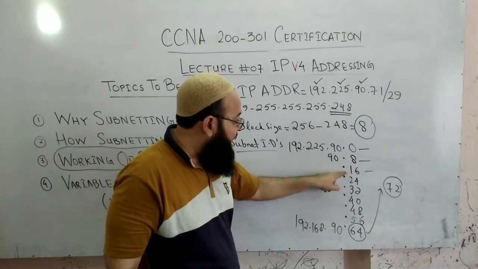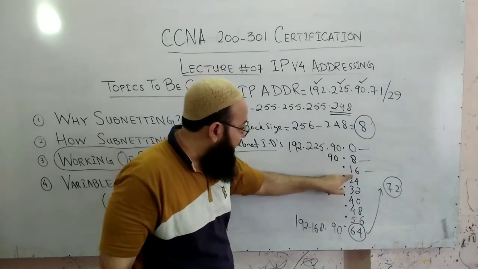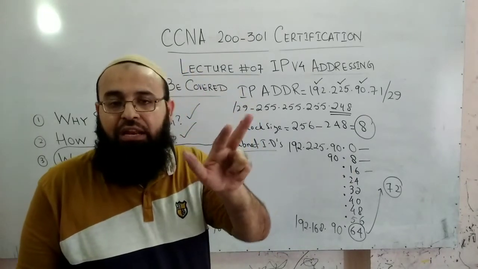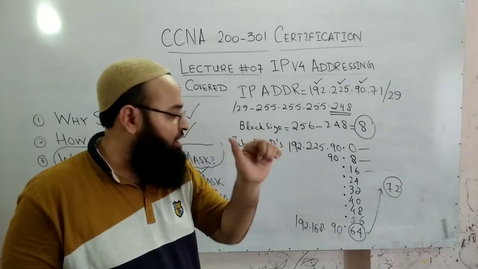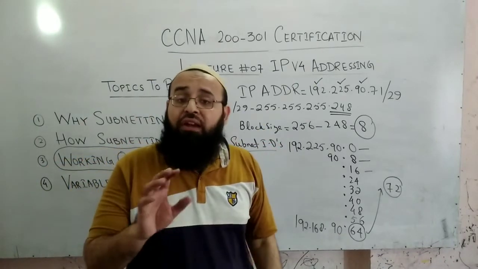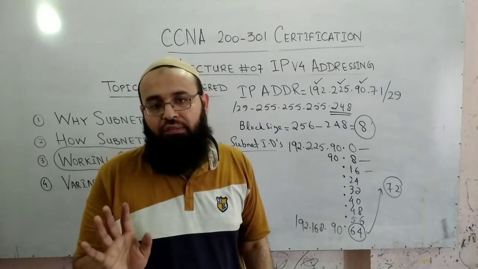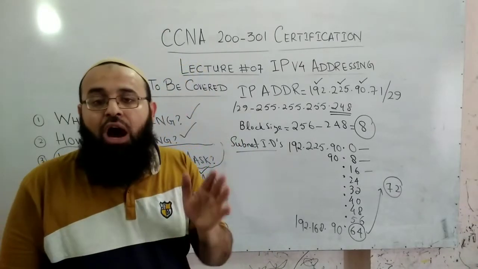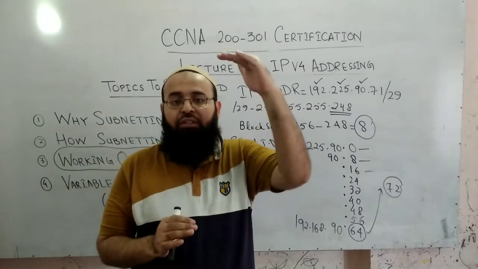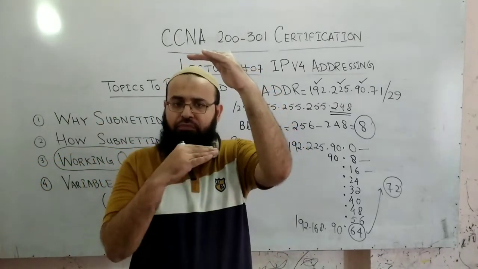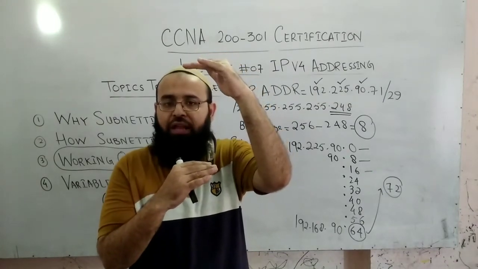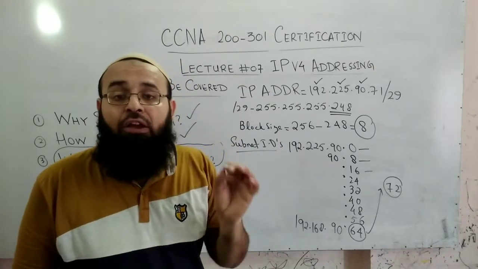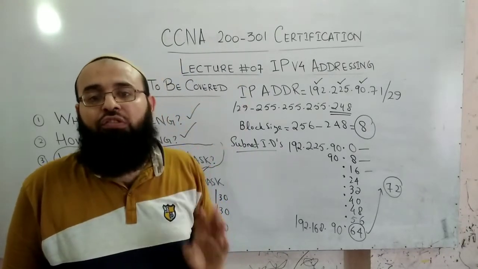And in between, 90.17 till 90.22, 90.17, 90.18, 90.19, 90.20, 21, 22. These 6 IP addresses you can give to your PCs. So I hope that this whole lecture will now be clear to you. How is a subnetwork arranged? At the top there is a subnetwork ID, at the bottom there is the broadcast ID, and in between you have the valid host ID range. That was the reason why I always used to subtract 2 from the host ID range.